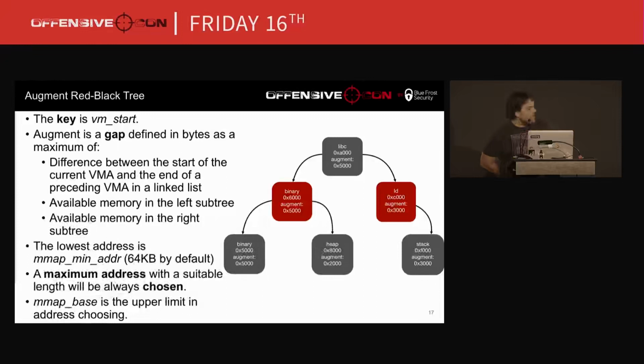And it's also organized in a red-black tree, where the key of the tree is the start of the segment. This is how the Linux kernel helps to search for the VMA according to the address. For example, if you have a page fault, you go through this tree and find the exact VMA and make a call, for example, to load the exact pages for these mappings, and so on.